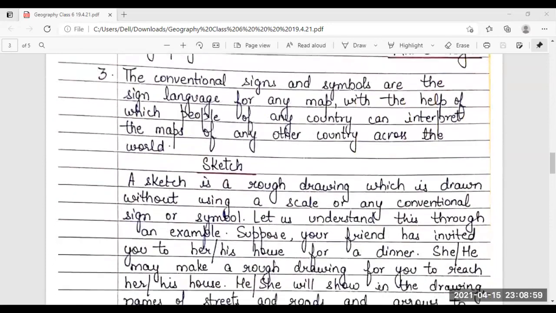Number 3. The conventional signs and symbols are the sign language for any map, with the help of which people of any country can interpret the maps of any other country across the world.